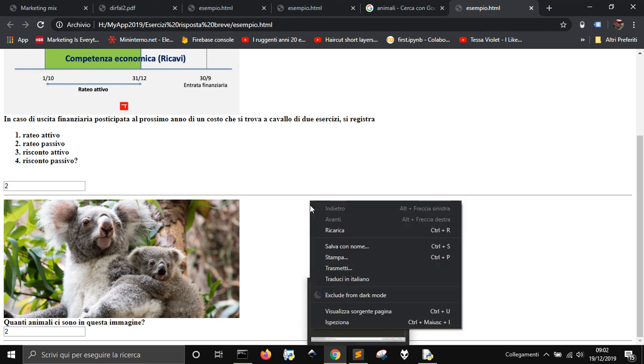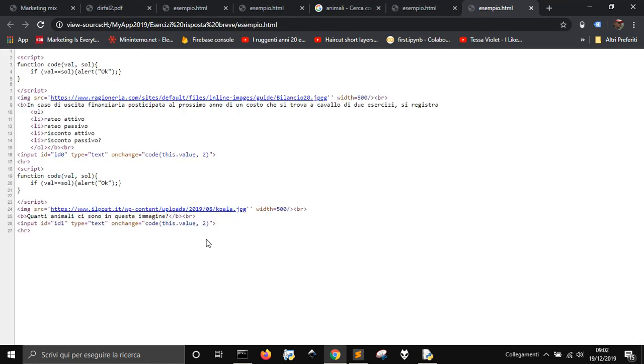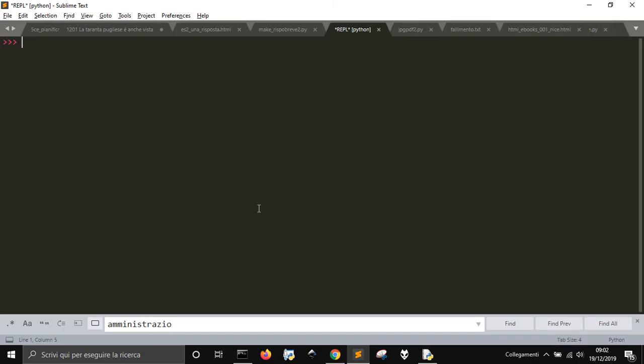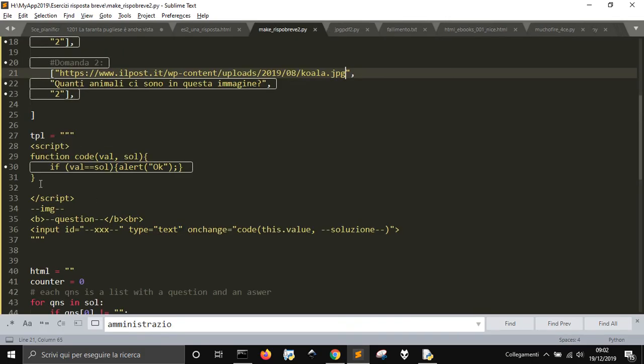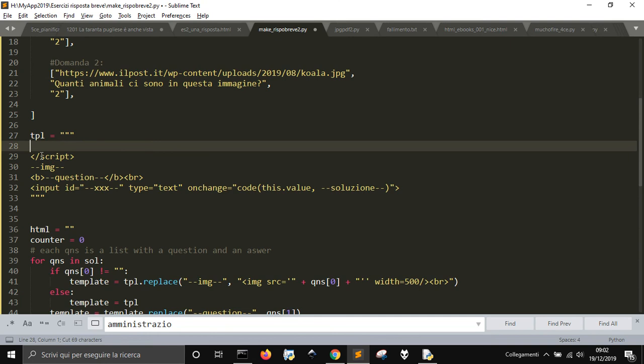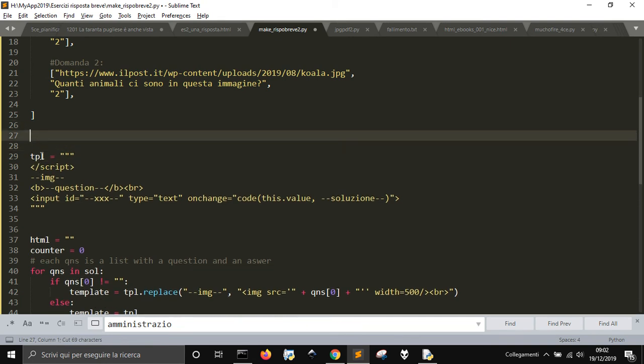So it kinda works, but let's see one moment. You see here, each time I create this function code again. I think I can fix this. I don't need this to be written every time, so I'm just gonna delete it from here,